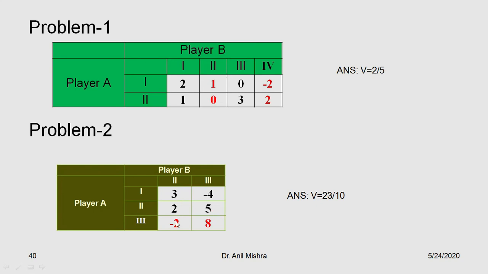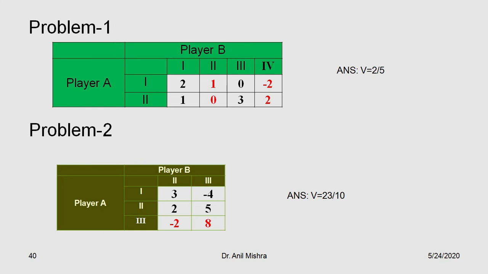It will be 15 minus of this, and this is minus of minus 8, meaning plus 23, divided by this plus this, which is 8, minus of this plus this. While adding this plus this it is minus 2, and minus of minus 2 is how much? It is plus 2. So 8 plus 2 is 10. So the value of the game is 23 upon 10. So this is the way we solve the value of the game if it is an m by 2 matrix or n by 2 matrix graphically.